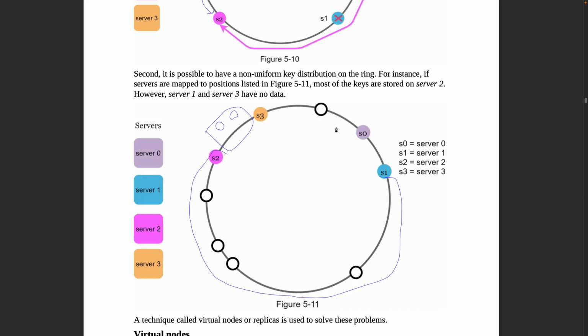And server 0 also has only one key associated to it. And by the way, they have a fairly small path and fairly little volume of data associated to them. So this means that server 2 would have really high load, while server 3 would have fairly low server load,